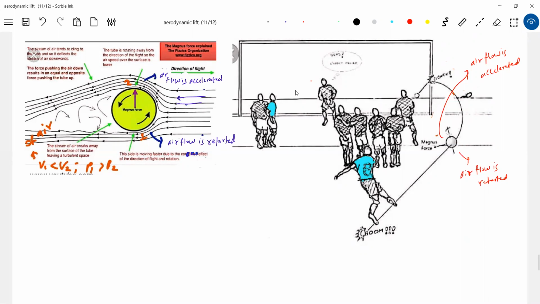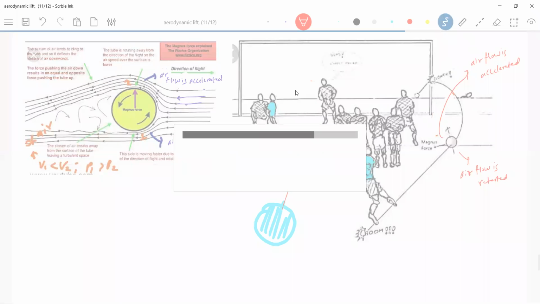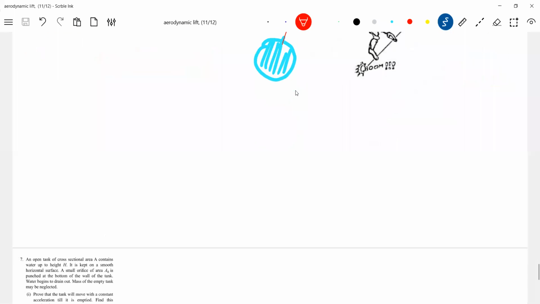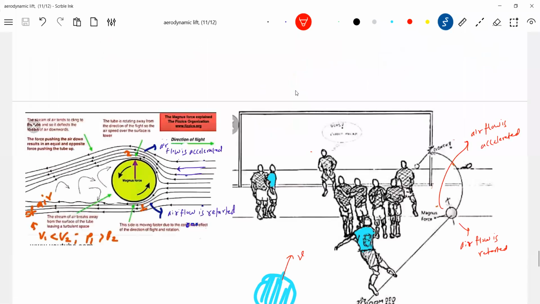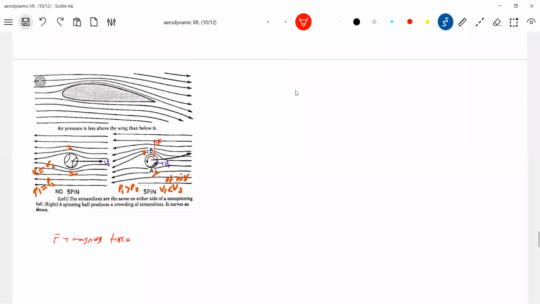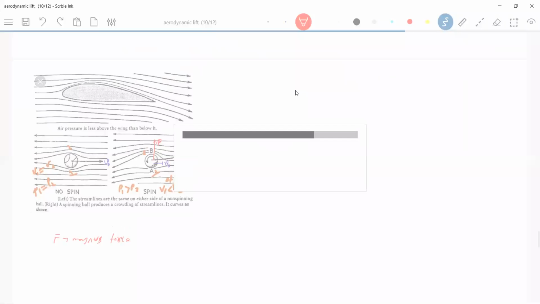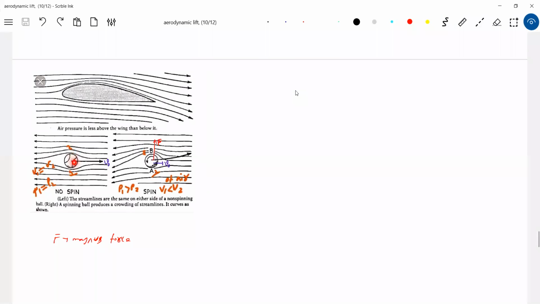Now what actually happens here? How is this particular ball there, no? There's a ball, and I should produce the Magnus effect. For that, if I just send this ball with a velocity v, I don't think there is any use. Am I right? No Magnus effect will come. So how is it possible? Why no Magnus effect? Let's get into the diagram which I have as supportive. Here, no Magnus effect, just velocity.